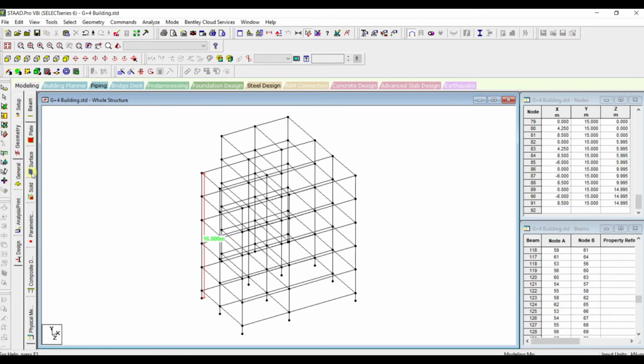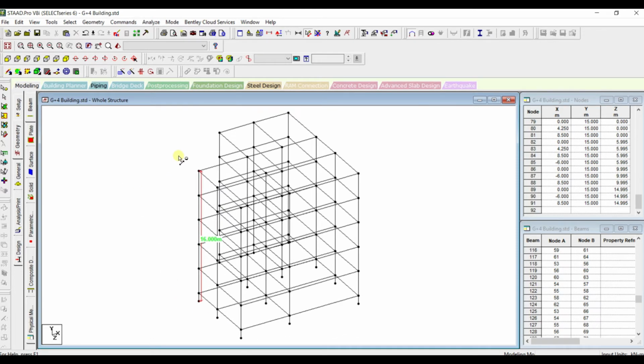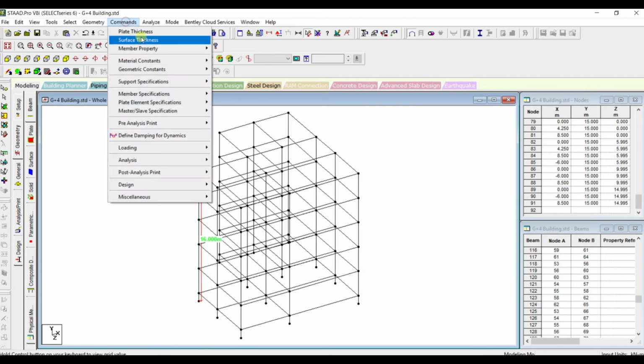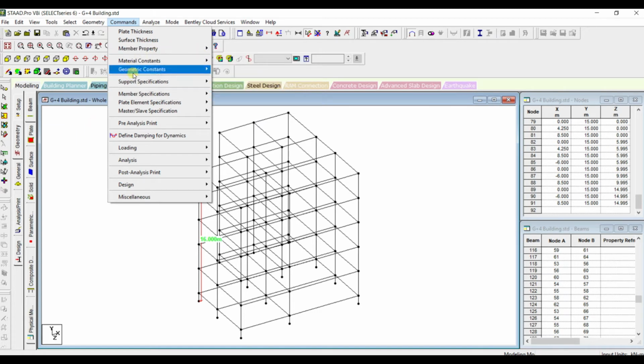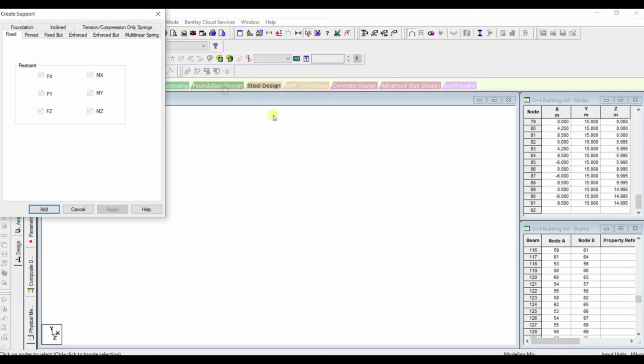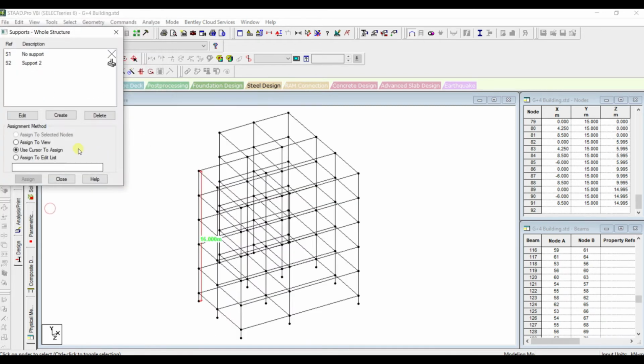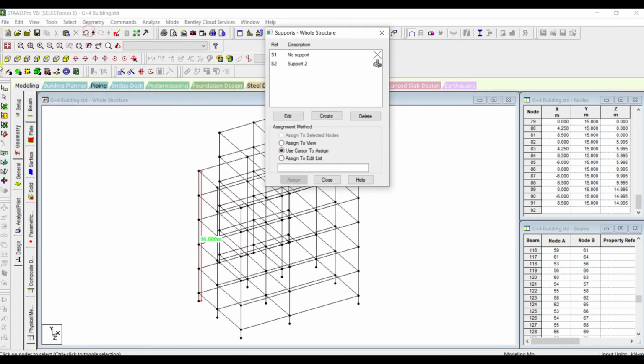So now the modeling has been completed, so I need to define the support here, and then define the beam and column size. So let's define it. Member properties. Before defining member properties, I'll just assign a fixed support to our building frame. For this,